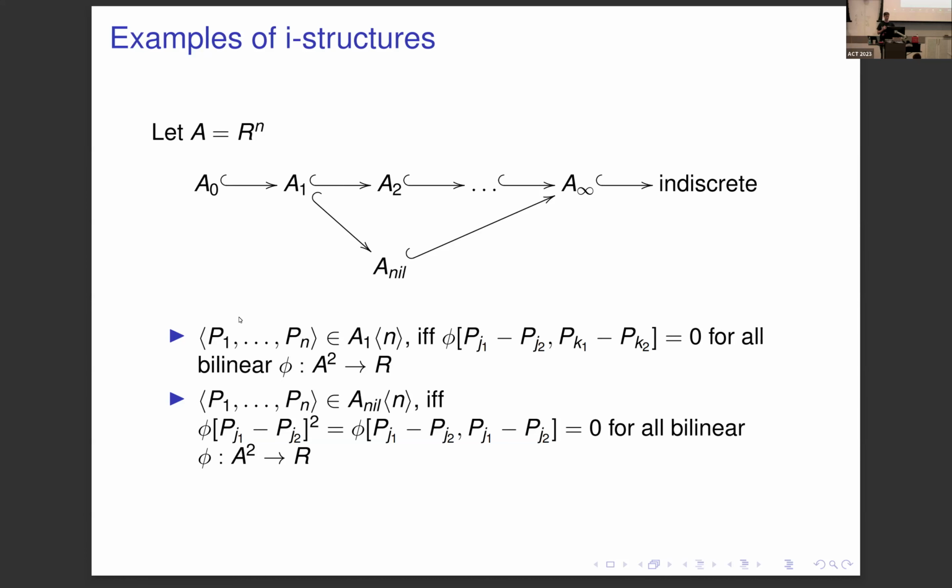So for this Neal square I structure, you see that in the second line, because we are in higher dimensions, we need to explain what it means to square a vector. It means that if you put that into any quadratic form, then this is just going to kill it. And that is true for any quadratic form. Whereas first order means that any second order occurrence will cancel out. This is a bit subtle.